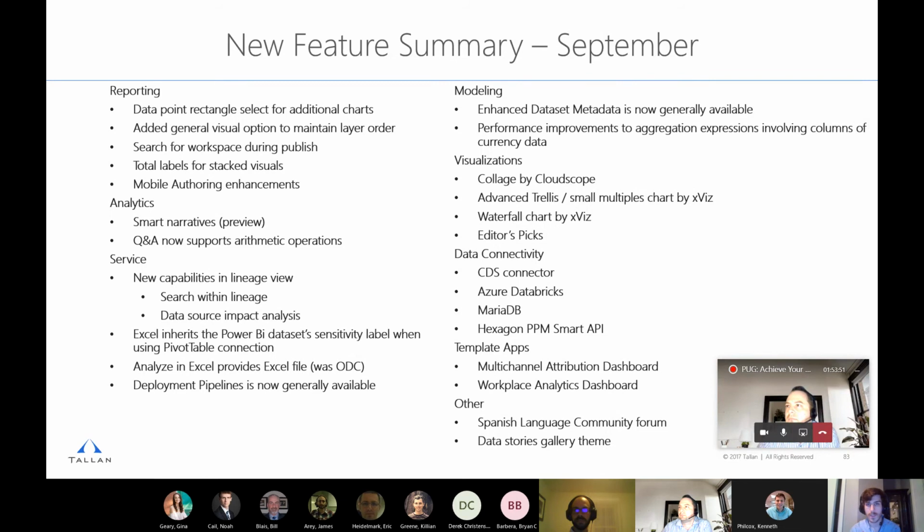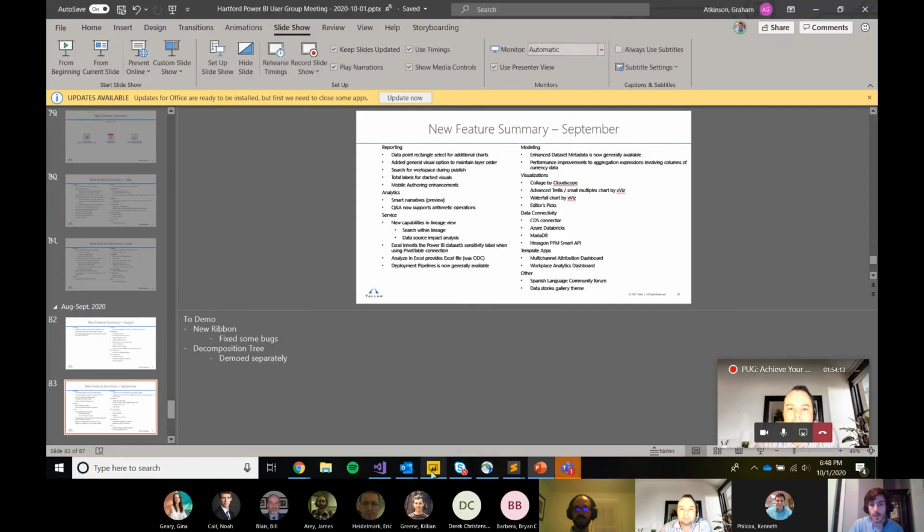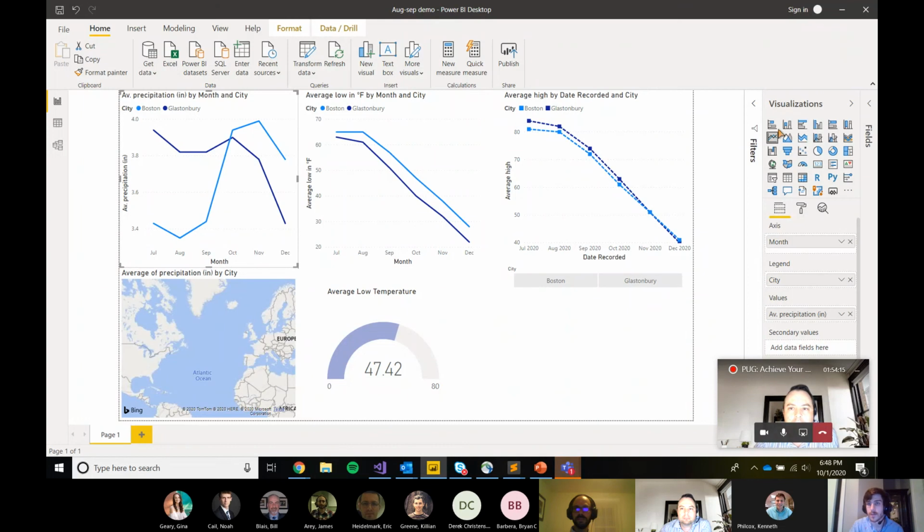So one thing that I actually forgot to mention, thanks for bringing me back, is in terms of the service, you can now select for your organization visuals that you want to be available and look out of the box. So normally in a Power BI report, your visuals are going to look like this, right?